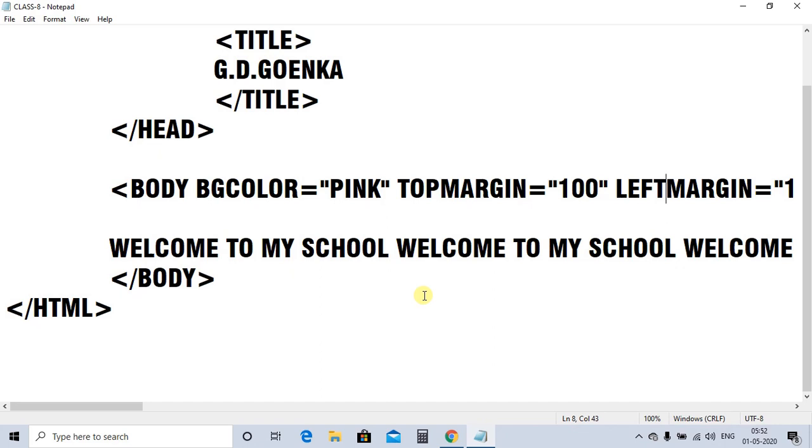So for today, this is the only thing we have discussed. We will discuss this much only. In our next class, that is part 3, introduction of HTML, part 3 video tutorial, we will discuss other tags, heading tags, then font tag, then bold, italic, underline. So till then, you can practice this tutorial at your home. You can use the attributes of body tag on your own from seeing this video tutorial.